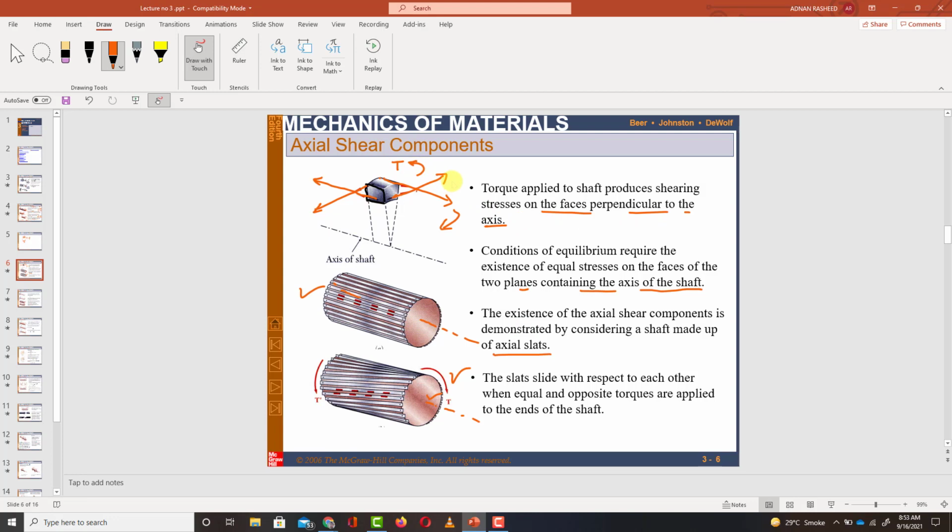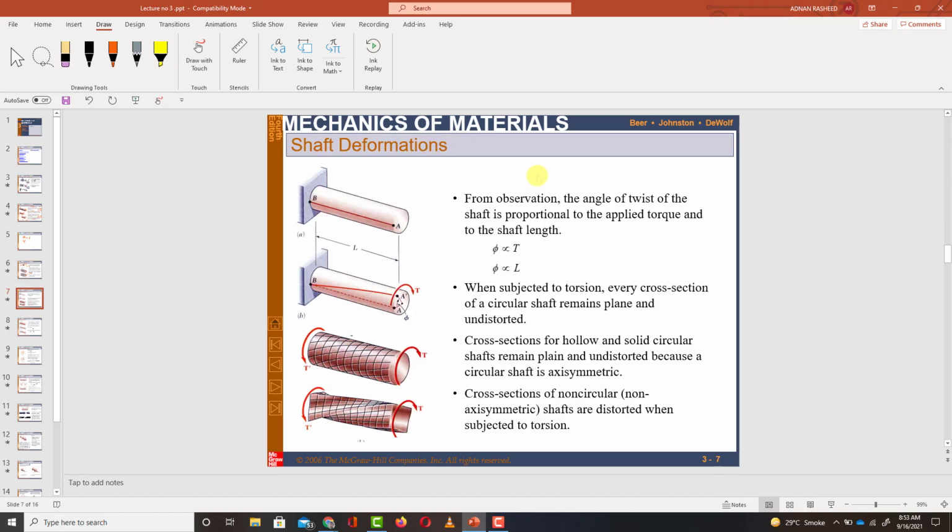So basically this is a continuation of finding the shear strain or stresses in the shaft under pure torsion. Now we will talk about shaft deformation: whenever a shaft is subjected to torque, it will produce deformation in the shaft, and this deformation of the shaft is known as shear strain. Clear? And there will be a twisting effect in this shaft as well. So we will also find the angle of twist for that.